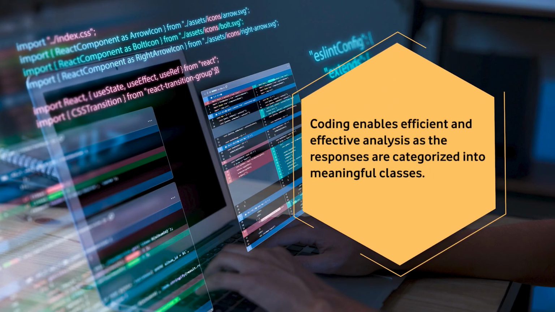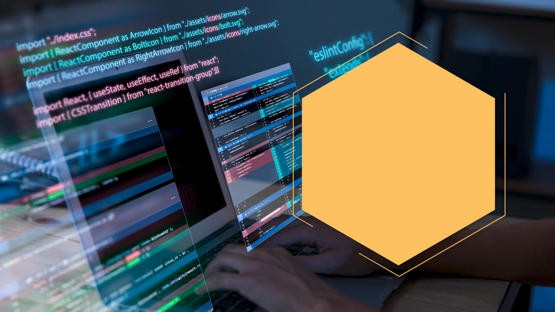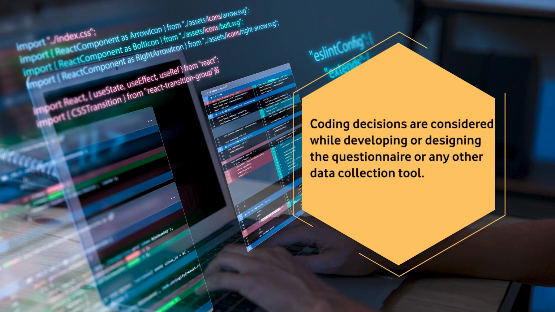And the coding enables efficient and effective analysis, as the responses are categorized into meaningful classes, right? And the coding decisions are considered while developing or designing the questionnaire or any other data collection tool. This is how coding plays a vital role, because as a scholar, when you develop or design a questionnaire, you also keep the coding part in mind, because this coding